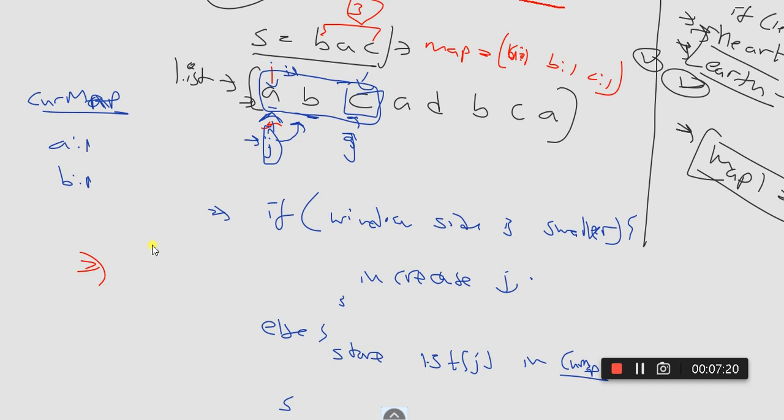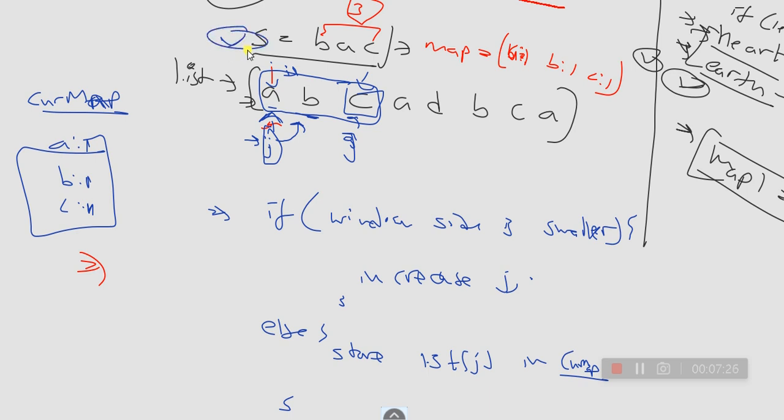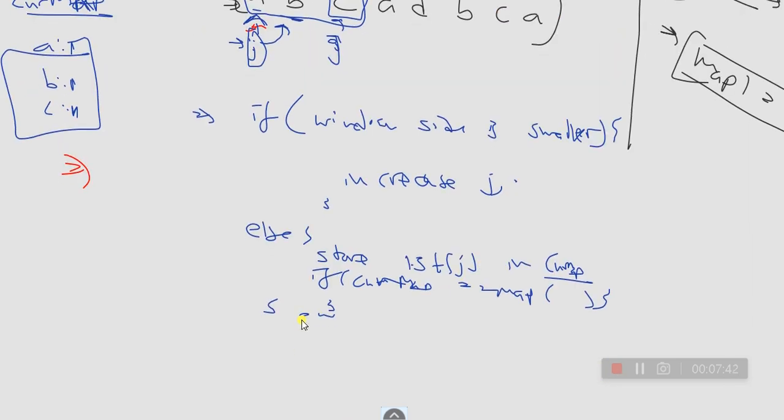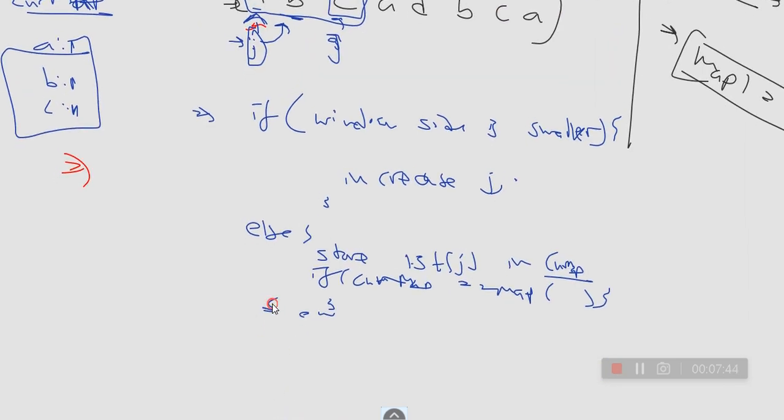After that, I have stored c here. Now my map size is equal to this particular thing. So I'm going to check whether my map and current map are equal or not. If current map is double equal to map, then I have to do something. Else, what am I going to do? If my map and current map are not equal,